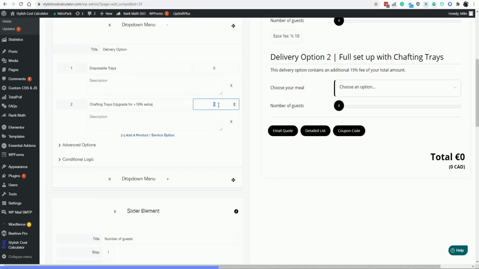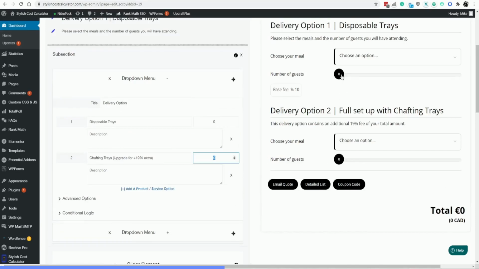Another reason why we're doing it this way is because if it was a dollar amount, it would be multiplied by the quantity of the guests. So it's just a different way of doing it. But let's say a chafing tray is $1 per guest that is going to be sitting down to eat, then you would just do the dollar amount here, and you wouldn't do this conditional logic thing that I'm about to do. So the choice is yours. We give you full flexibility here. So just do $0,